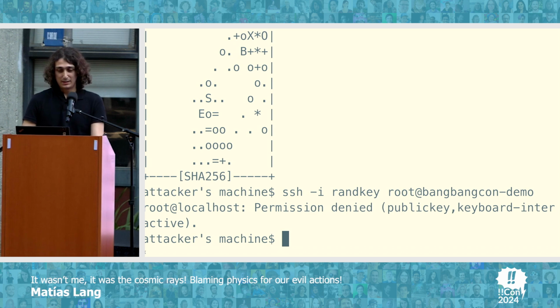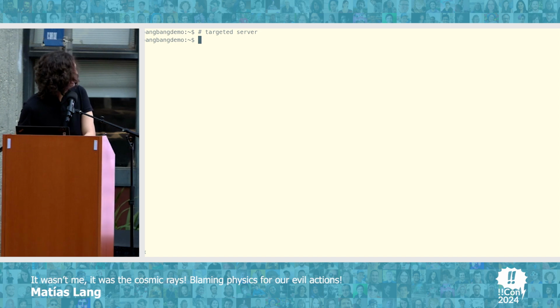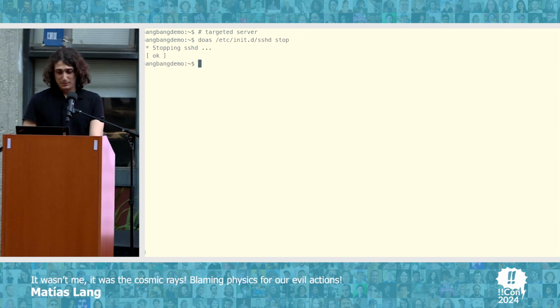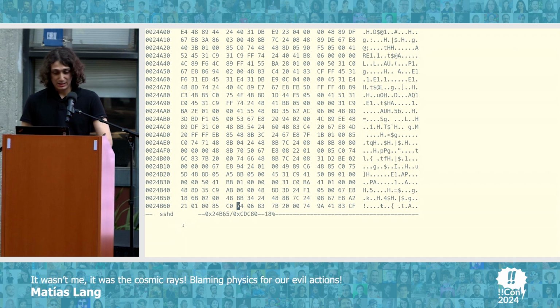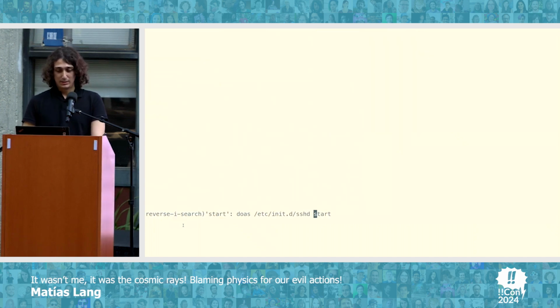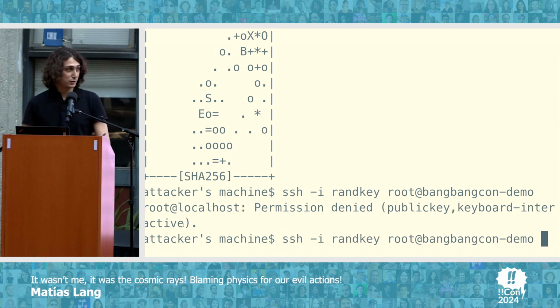Okay, were you able to see? Right, this is the target server. Let's stop the SSH binary and perform some hexadecimal addition. Okay. 2, 4, 6. 1, 2, 4. In this position, there's that 74. If you remember, that's a jump if equal. Let's change that to a jump if carry, as we saw. Let's start the service again, and if everything works properly,